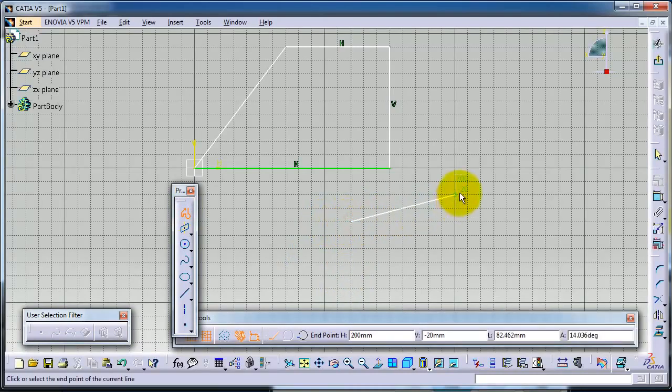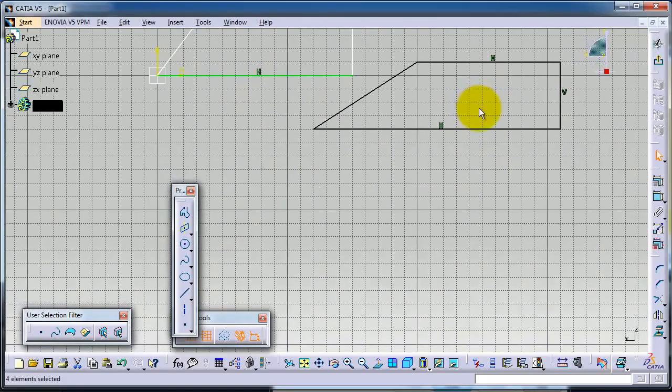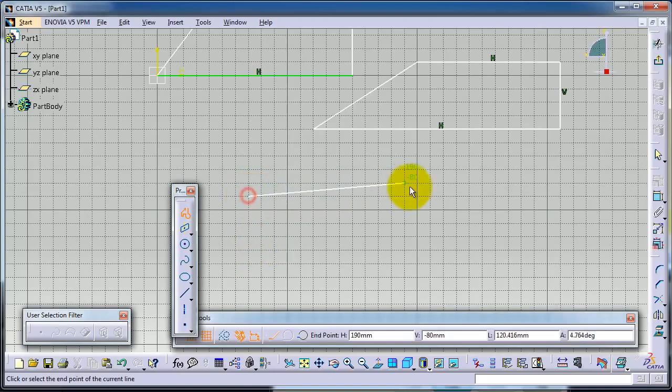You just pick it one time and start drawing the line without the need of activating the tool all the time. And here we have our profile. Also with the profile tool you can draw arcs. For example, let's start a profile,